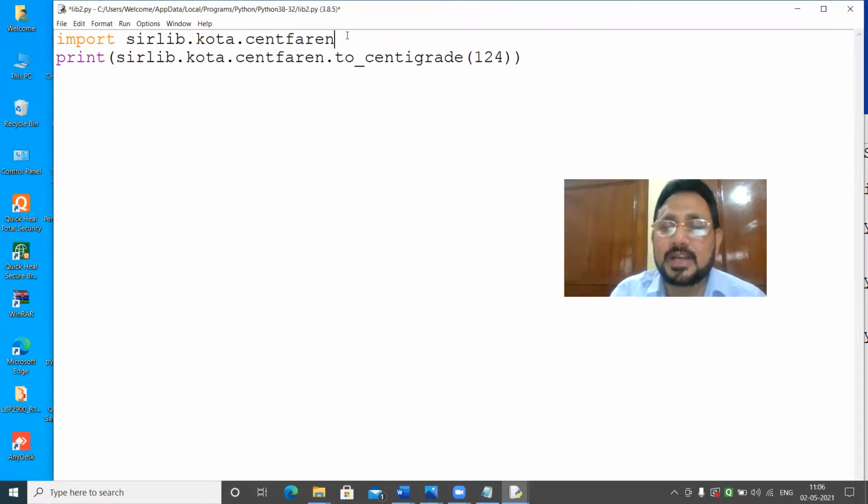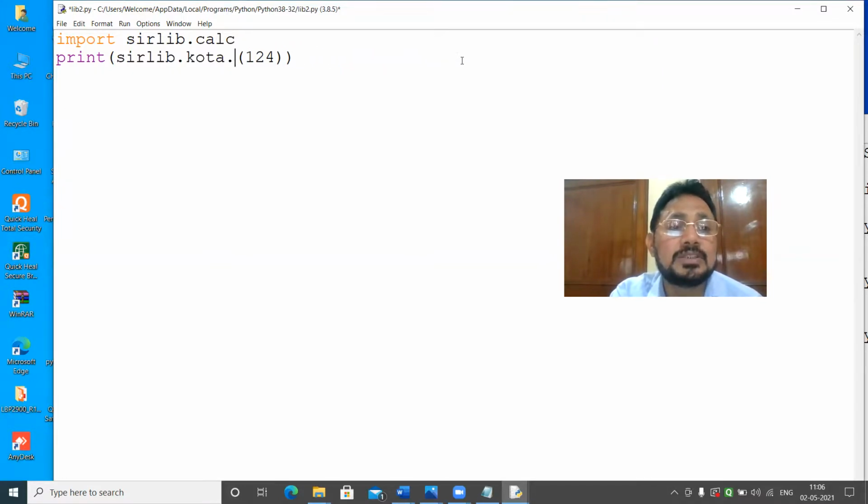Suppose you want to check whether a number is prime or not, then you have to write calc. Then the syntax or grammar in the book will be defined as serlib.calc.prime. That's all. Understood?